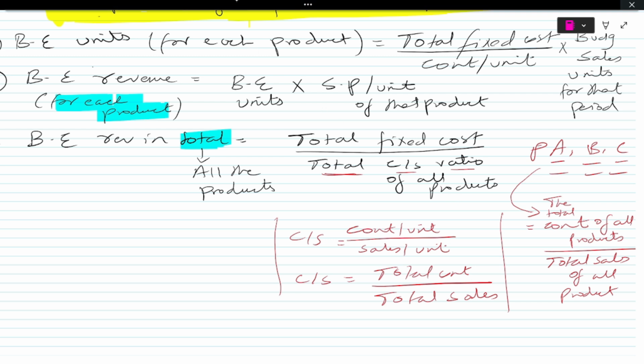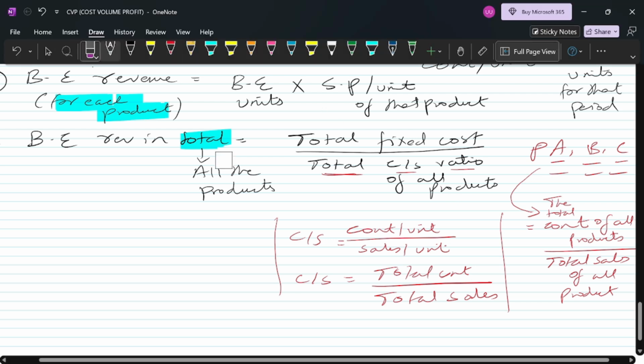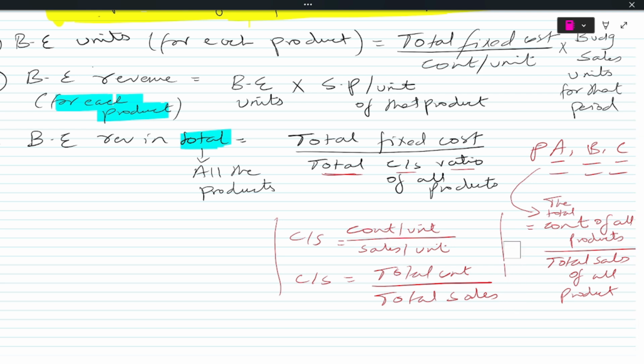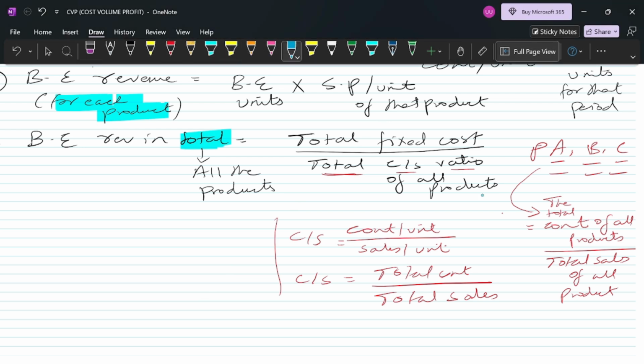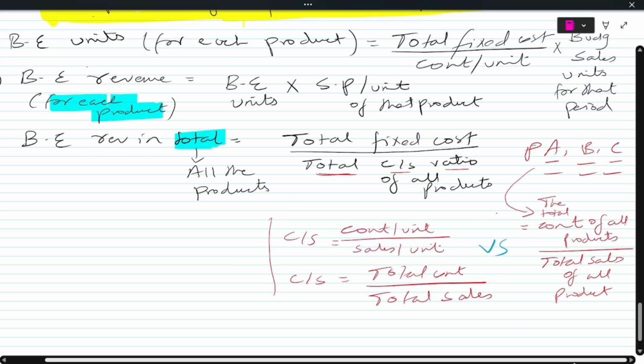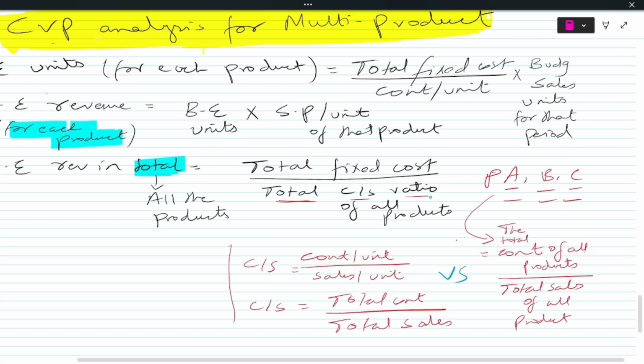So you see, this is the difference. Now this one, the one that I've written on the left, this one and this one. Just compare these codes, right? The first one is for the single product and the second one that you see over here is for multi-product, right? Now remember the difference because this is very important.